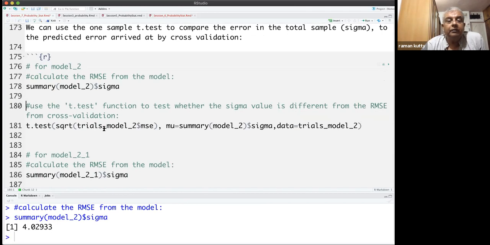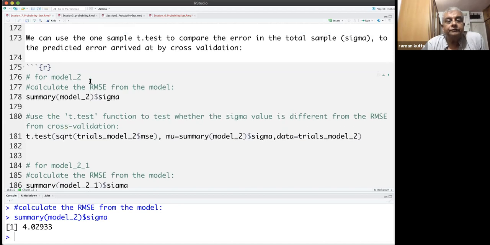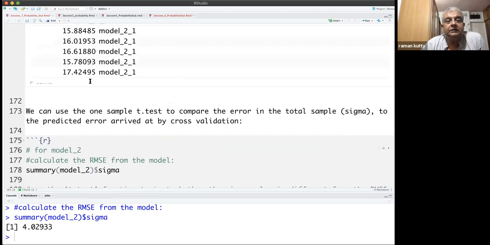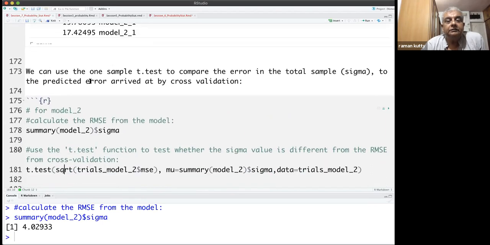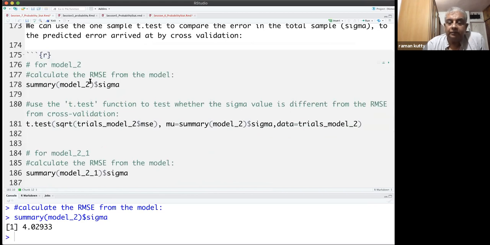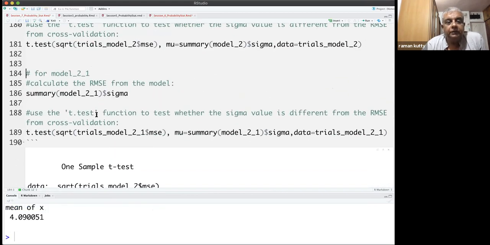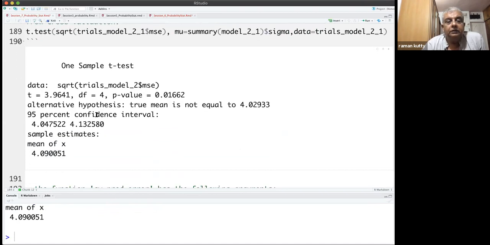If you use this command, we get the one sample t-test comparing the cross-validated estimate of the RMSC with the original sigma. We can look at the output. Is the p-value significant?